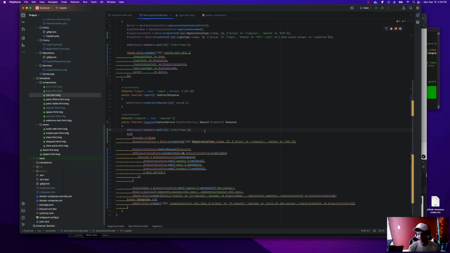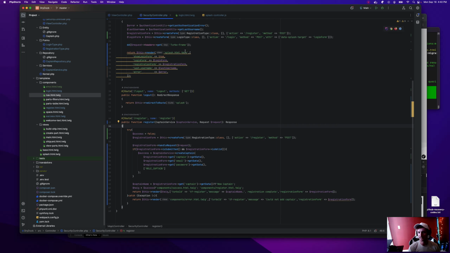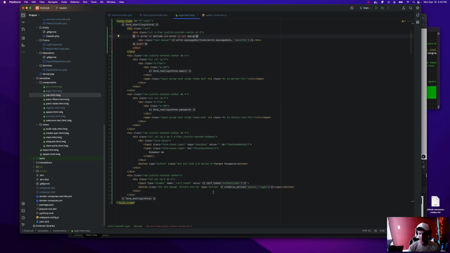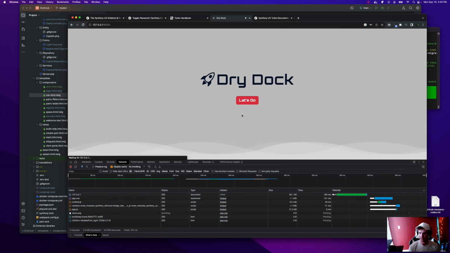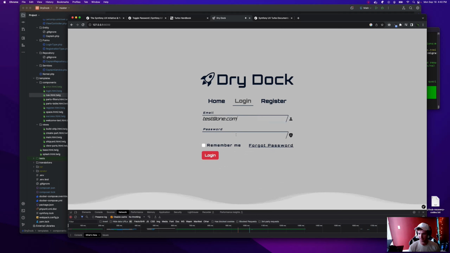That's our turbo frame in register. So why is that not working for login? I want to say it's because we're doing a JavaScript submit. That's honestly what I think. Change this to just be a submit button and submit the form. Or maybe because the request is routed through the custom authentication, which is such a pain in the butt to do.